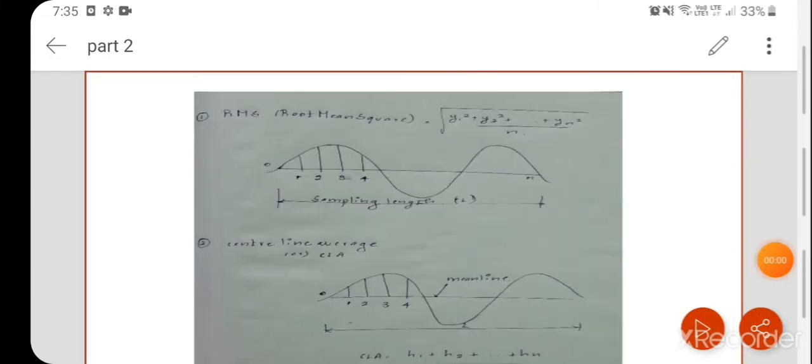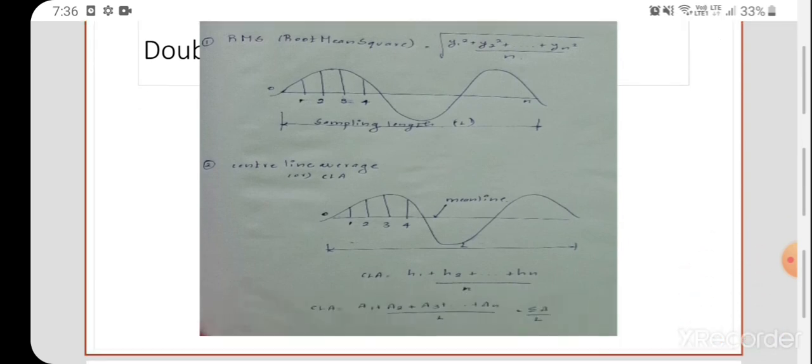It is the numerical assessment of surface roughness value. Root mean square, or RMS, is defined as the square root of the arithmetic mean of the squares of the ordinates, where the ordinates are measured from the mean value. If we take a sampling length L, which is divided into n equal parts, with ordinate heights y1, y2, y3 up to yn, then RMS can be calculated using this formula.